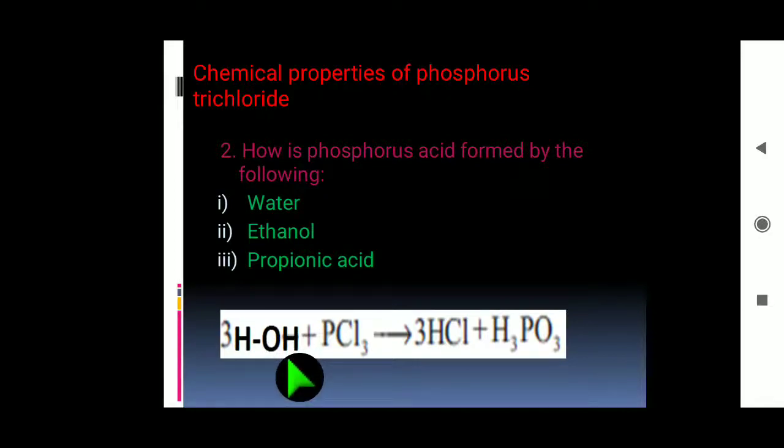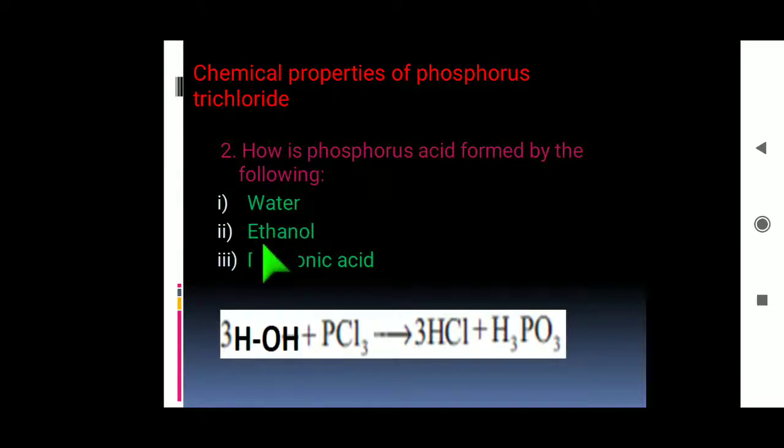First one, water. Here the water I write like this, HOH. 3 moles of water react with phosphorus trichloride. We can get 3 moles of hydrochloric acid and phosphorous acid. So regarding this chemical equation,